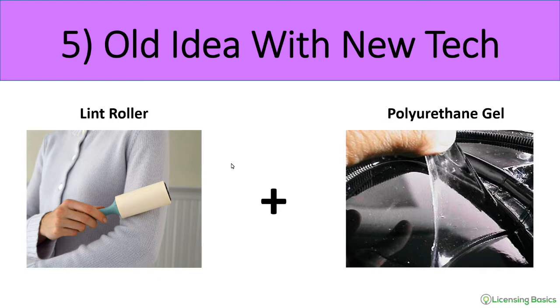You may have seen this product in the past. It is simply a sticky adhesive that you roll over a shirt to pick up lint and hair. On the right we have a new product, fairly new. It's called a polyurethane gel. It's a sticky gel that basically is like an adhesive. It is an adhesive. However, when you get it dirty, you can simply clean it off and the sticky characteristics come back,